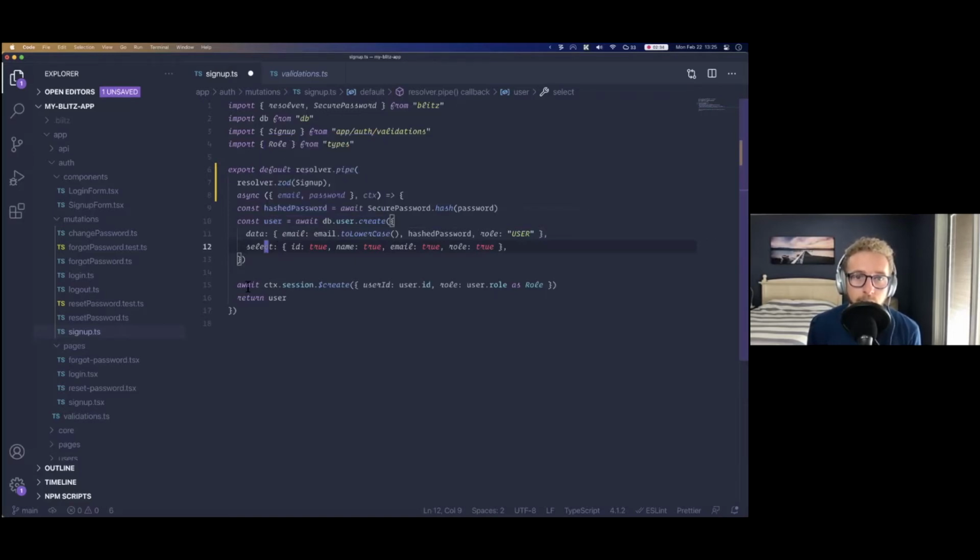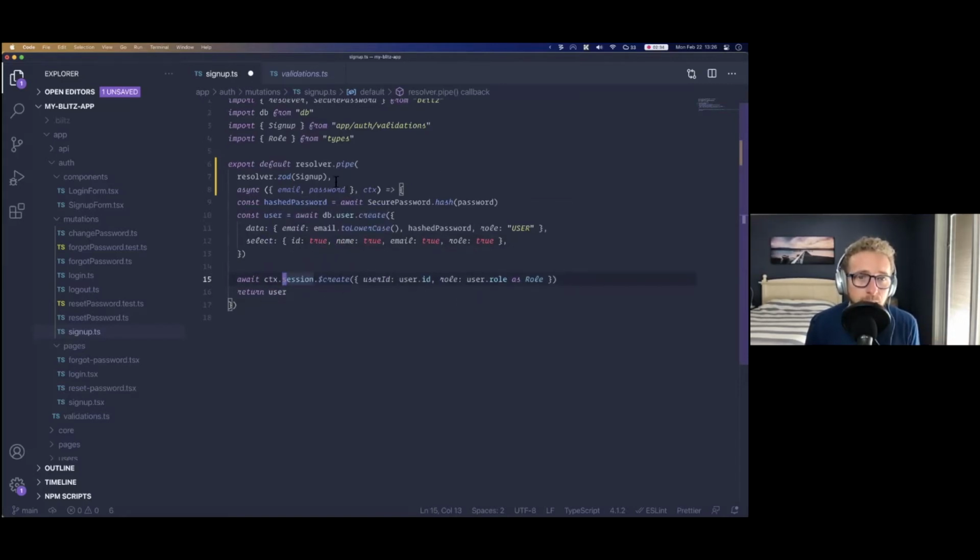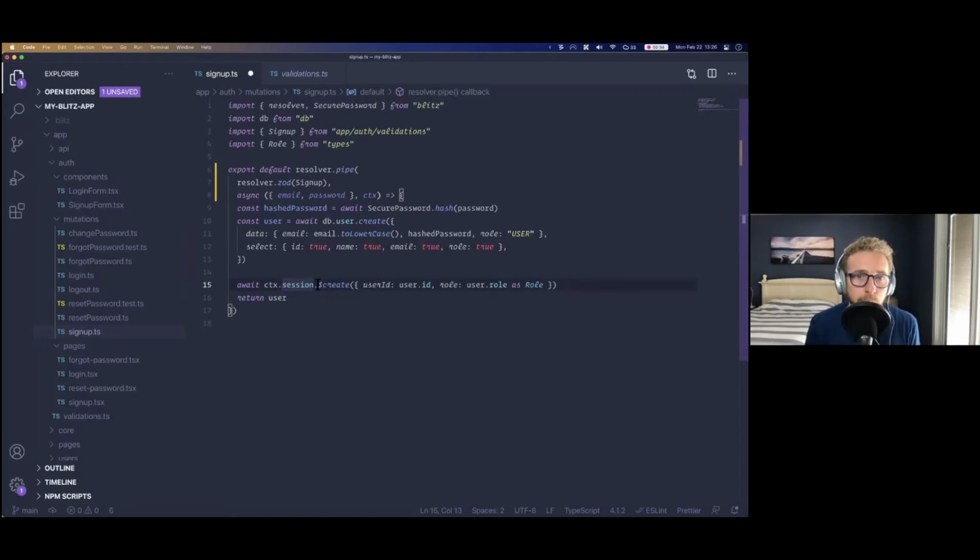And then lastly, we're going to call context.session.create. And this is how you log in a user. So session management, a session is a logged in user. Okay, so you can create a session, revoke a session, and it's equivalent to sign up and sign out. So here we just sign up or log in the user, and then that's it. So you can do any other server-side stuff in here, but that's pretty much the gist of it.